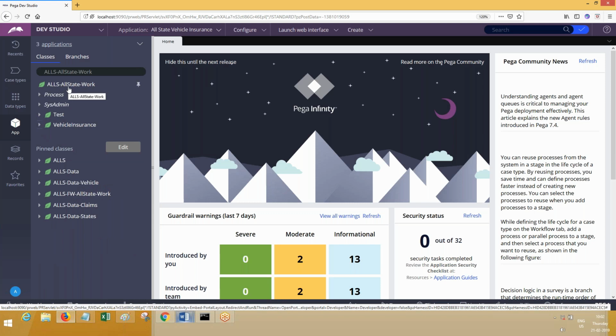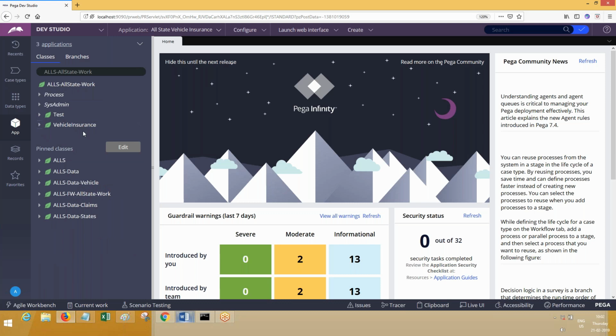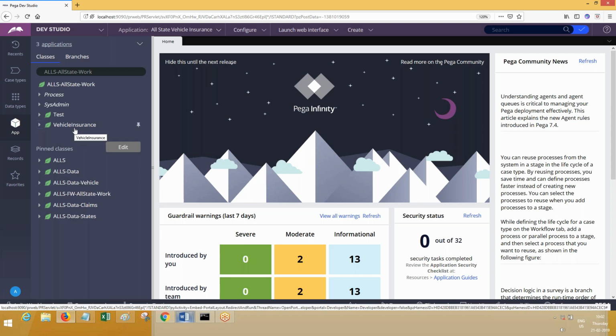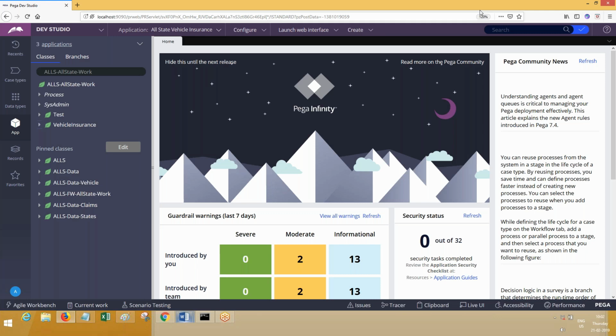Work means case. In a work, you have different types of works, right? Each case may have different case types. So each work type is added here. This is one type of work, vehicle insurance. I can have another type of work, health insurance. I can have another type of work, let's say some other type of insurance. These are all called work types. Other terminology is case types. This is work, that is case. Clear? Makes sense now? So your case types will be created under the work class always. It cannot be a class group at all. But if you want to modify after creation, you can modify.